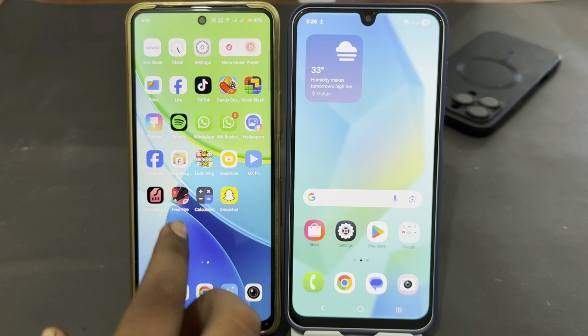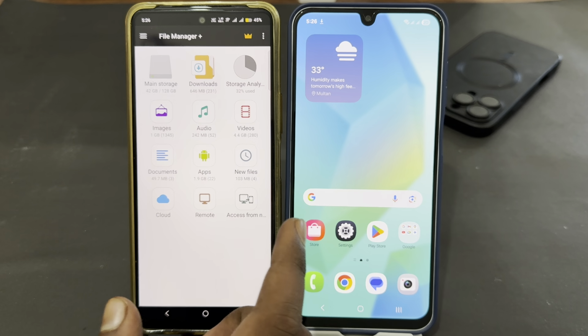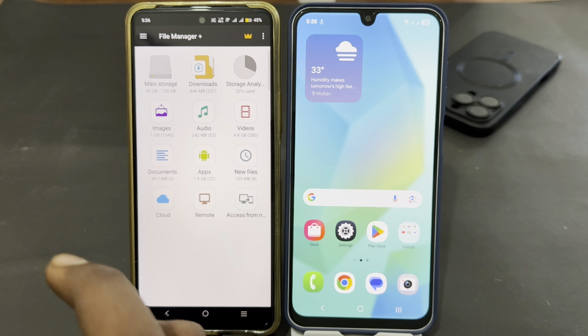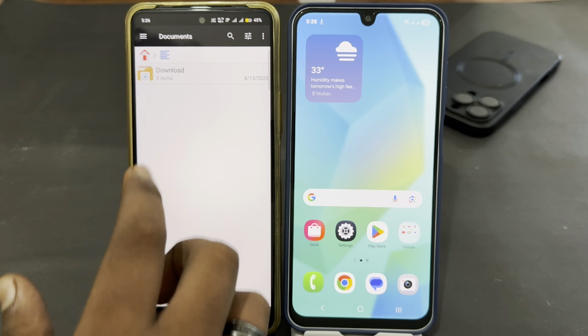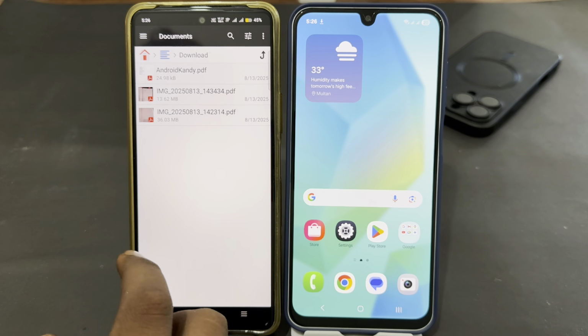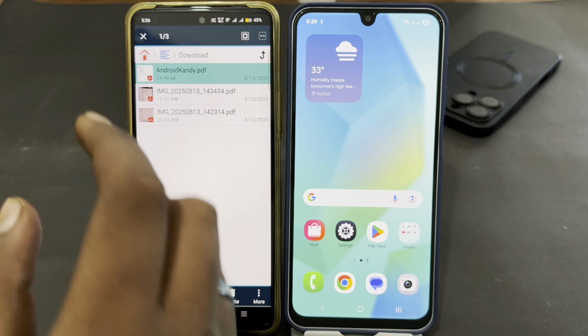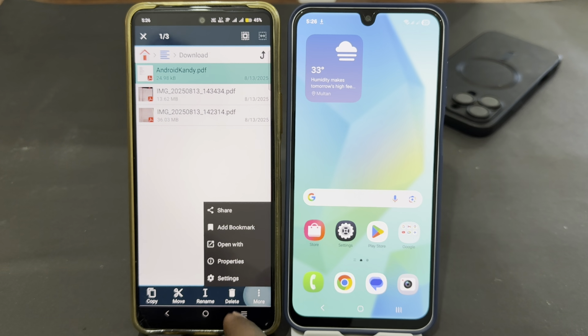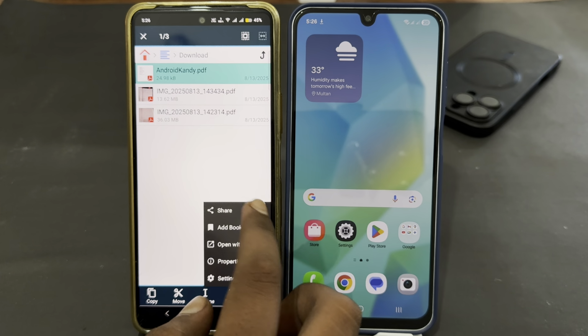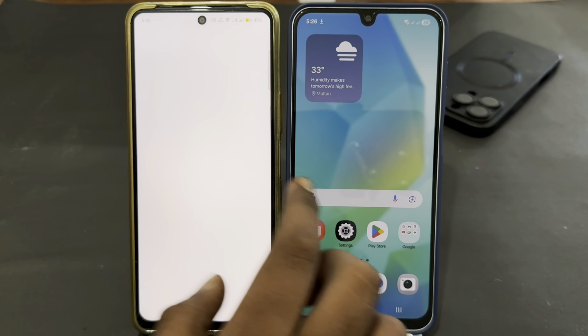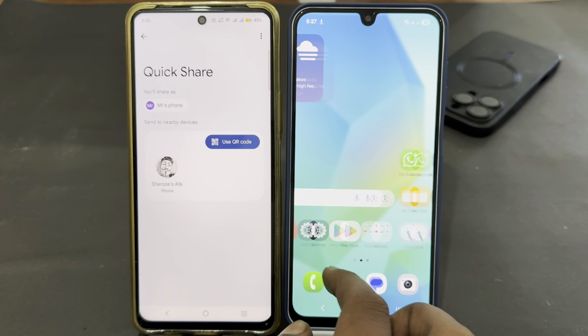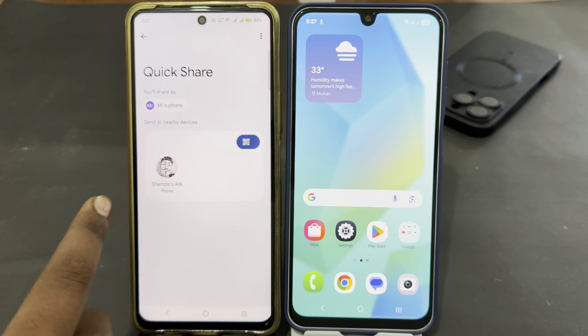So let's see how. Just open file manager and here just go for the file which you want to share. As I'm going to share a document, just open document and here I'm going to share this document. Just mark it and here just tap on more and we go for the share option. Just tap on it, then select quick share from here, and here you just have to look for the phone's